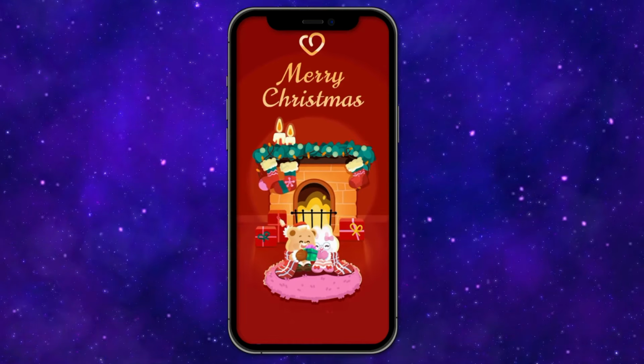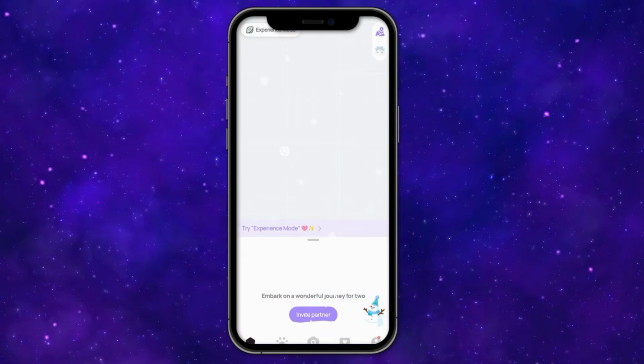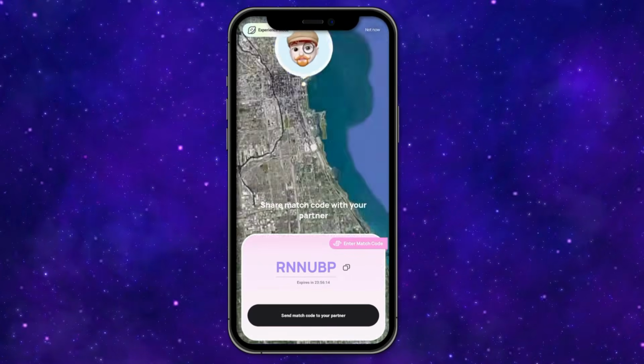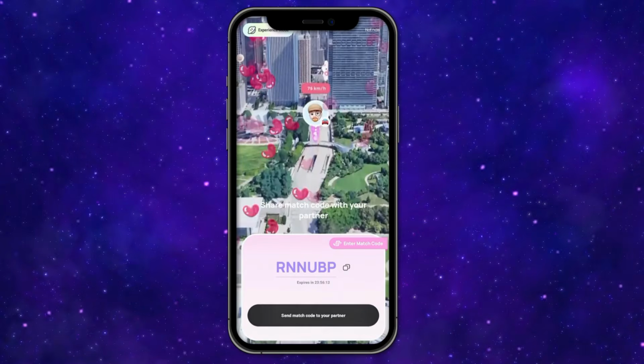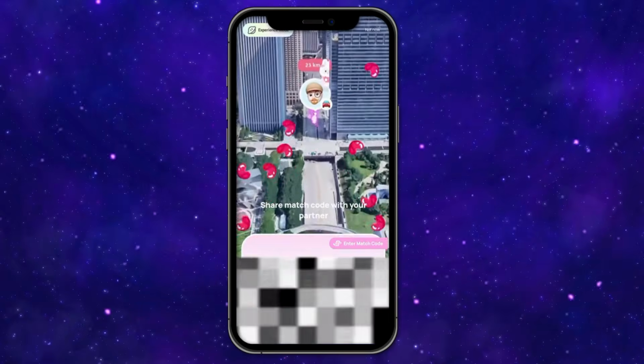So to get started, go ahead and download and set up the LOVE8 app on your device. So in here, go ahead and proceed on inviting your partner. So you can copy the code provided in here or send them a code through the social media apps you